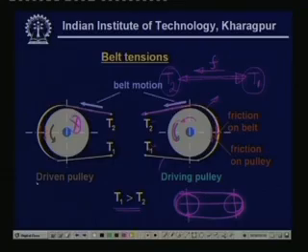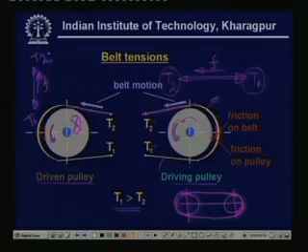So, this driven pulley, what has been written in this color, you can see this arrow means that it is creating a motion, and driving pulley means this is actually creating a motion. No, I am sorry, it is already in motion due to a prime mover. So, once again if you see the entire situation, you have a tension on the other side, and the friction force on the other side. So, obviously again you find this is T2 and T1, and thereby T1 is again found to be